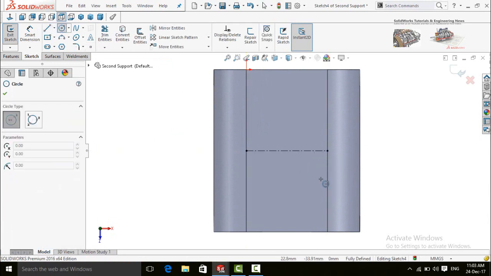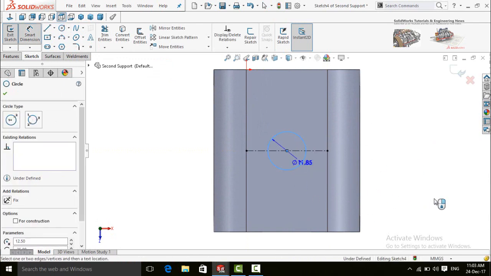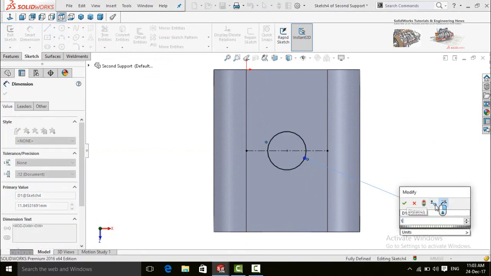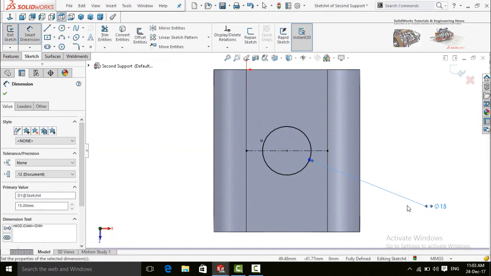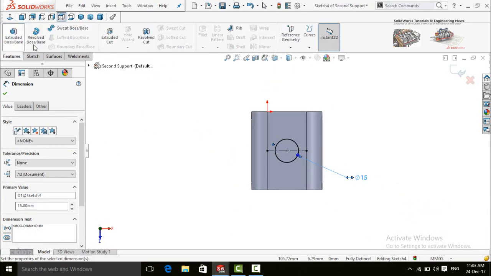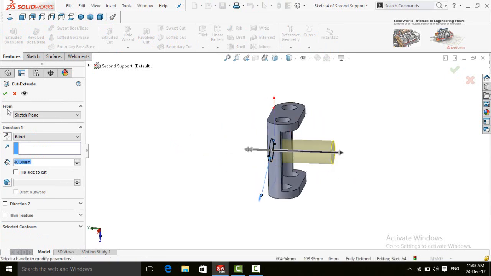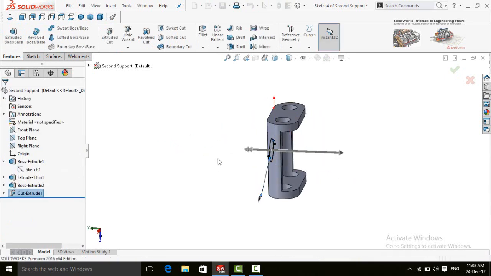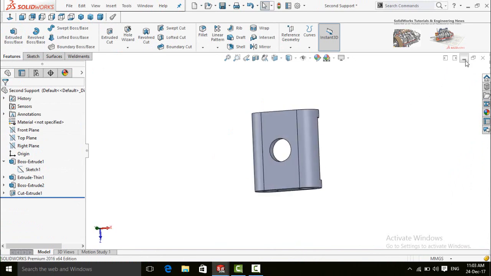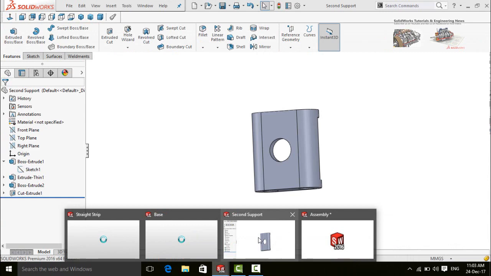Now draw a circle on this midpoint and define it 15 millimeter. Go to features tab and then select extruded cut command. Press OK button. Now save this part and then go to assembly again.